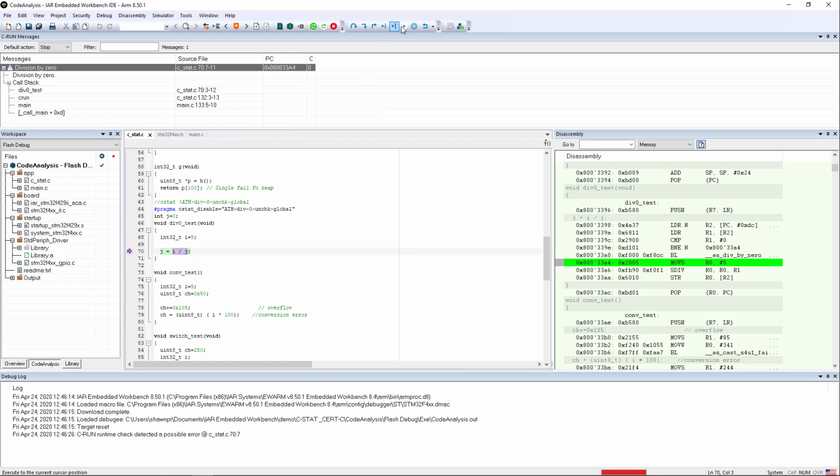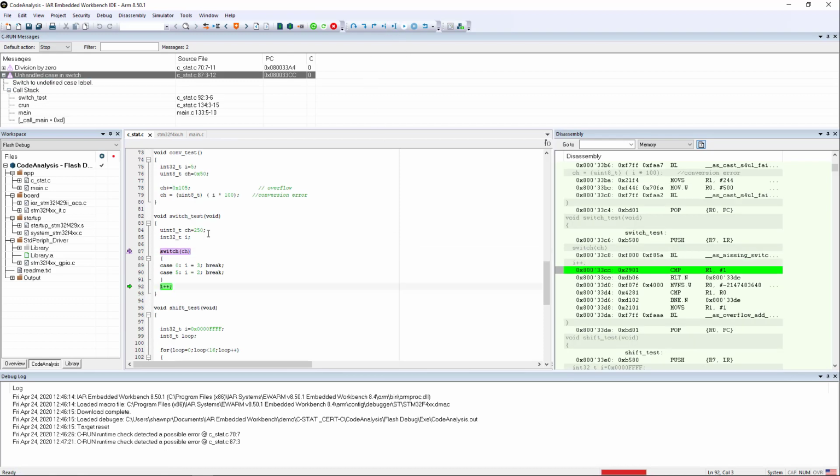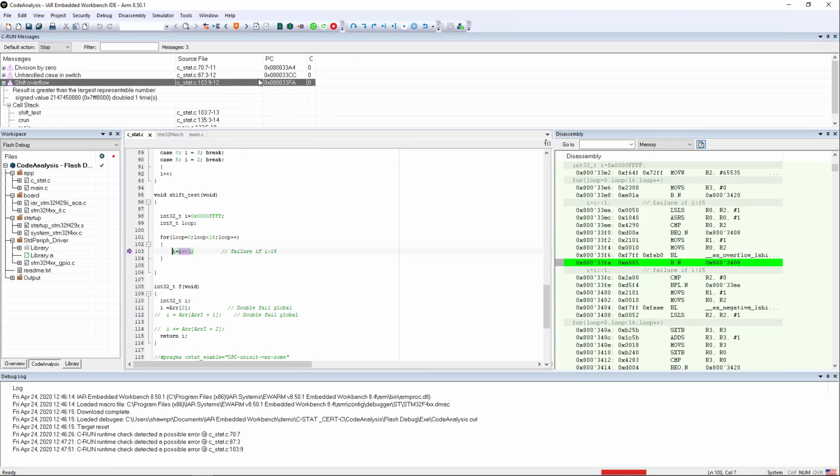So if we continue on, you can see that there's an unhandled case in the switch statement, so you can very easily check why did I not have that particular case covered. Again, it gives you the full path through the code, so it makes it very easy for you to figure out how you got to that particular point. Here's a case where we have a shift overflow. Maybe this was what we intended, so if we determine that this is okay, we can